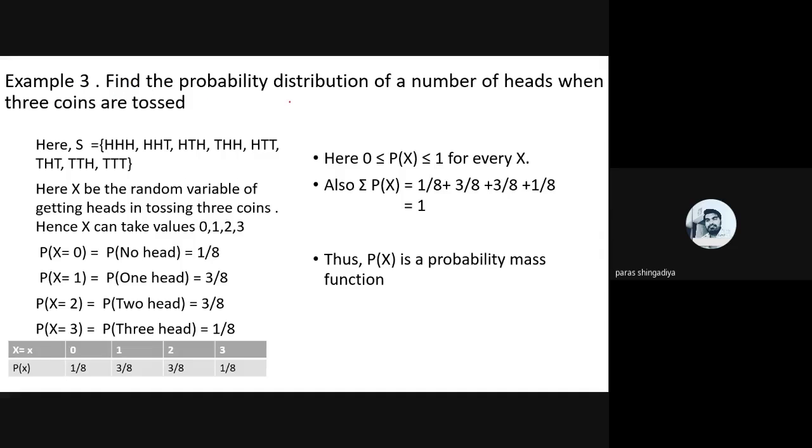Find the probability distribution of number of head when 3 coins are tossed. तो आपको पता होना चाहिए sample space क्या define होगा. Okay, you should know how we can check the sample space and what is the possible outcome of this given example. And which random variable is defined here: number of head आपको count करना है. So as per that derive the random values, 0, 1, 2, 3 and so on.